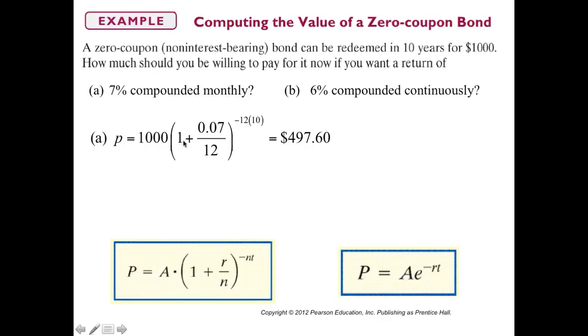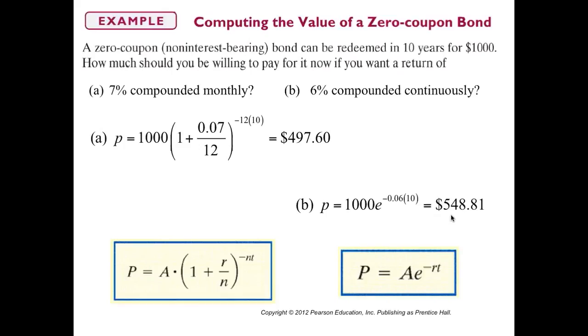Okay, we can also determine the present value of a lump sum of money. So we have some present value formulas here. Present value P of $A to be received after T years, assuming an annual interest rate of R, which is compounded n times per year, is going to be given by this formula here. P, your present value, is going to be equal to A times the quantity 1 plus R over n to the negative nt power. Now, if we have interest that's compounded continuously, then we're going to use this formula down here